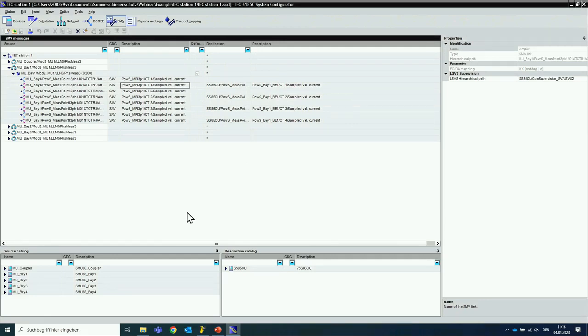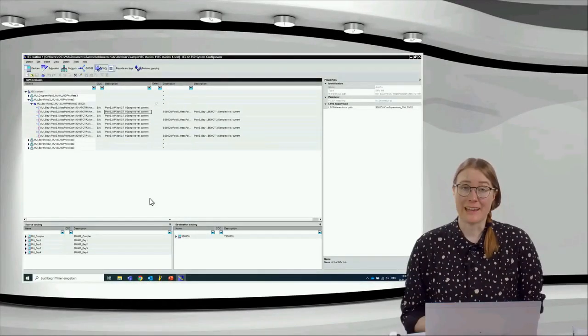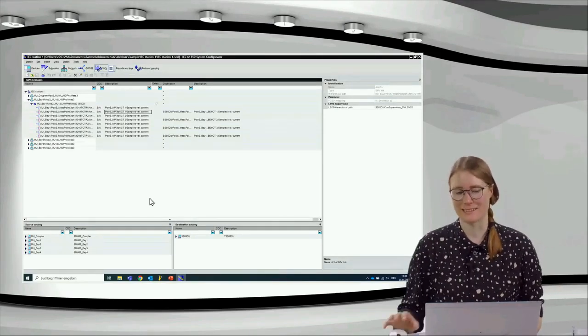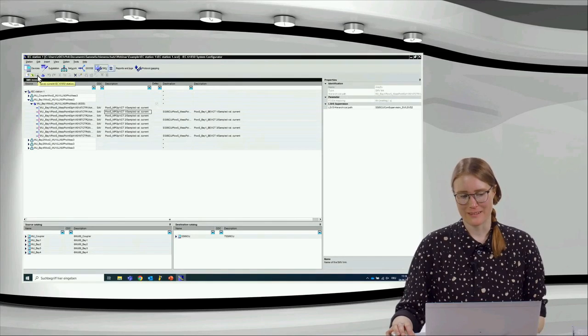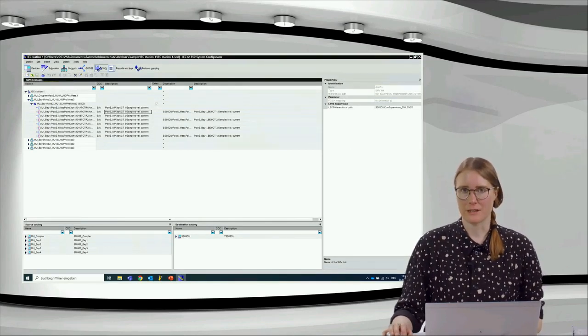But you can really trust the system that these connections are done correctly anyway. And this is really the great benefit of the 7SS85 CU technology, that there can't happen any faults because the connections are done automatically. So make sure that you save the changes in the system configurator, and then you can simply